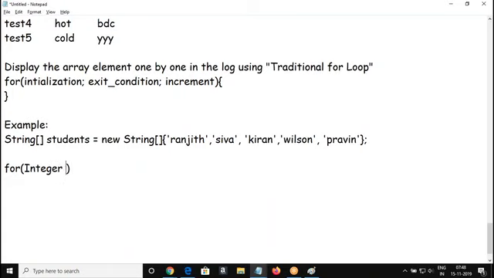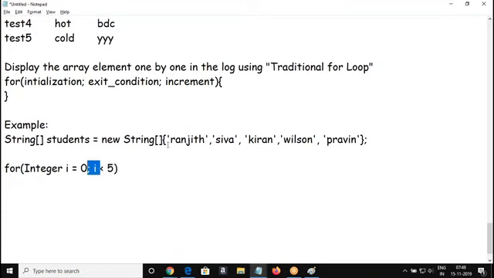integer. Whenever you want to get one element from the array, how do you get one element? By referring to the index. So we start from index 0, till what index are we going to go here?